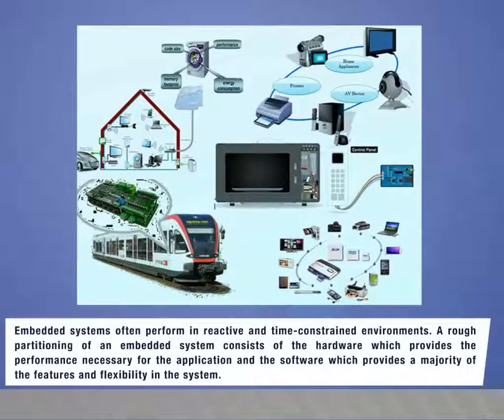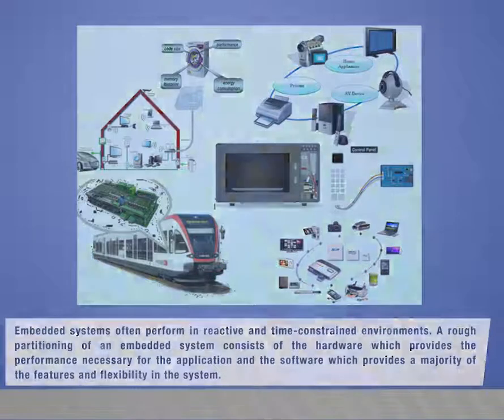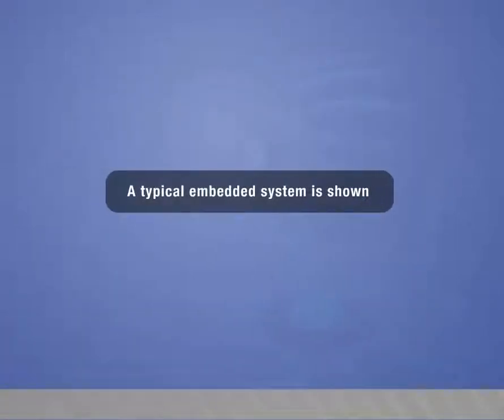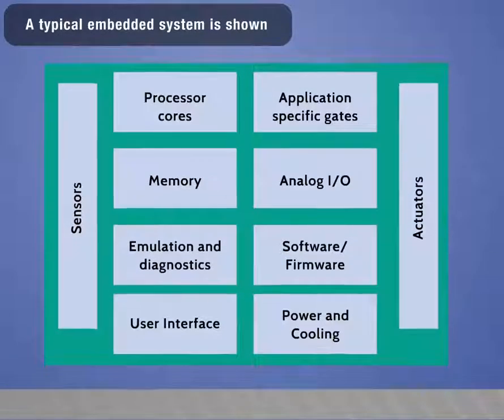Embedded systems often perform in reactive and time-constrained environments. A rough partitioning of an embedded system consists of the hardware, which provides the performance necessary for the application, and the software, which provides a majority of the features and flexibility in the system. A typical embedded system is shown in the figure. Typical embedded system components: